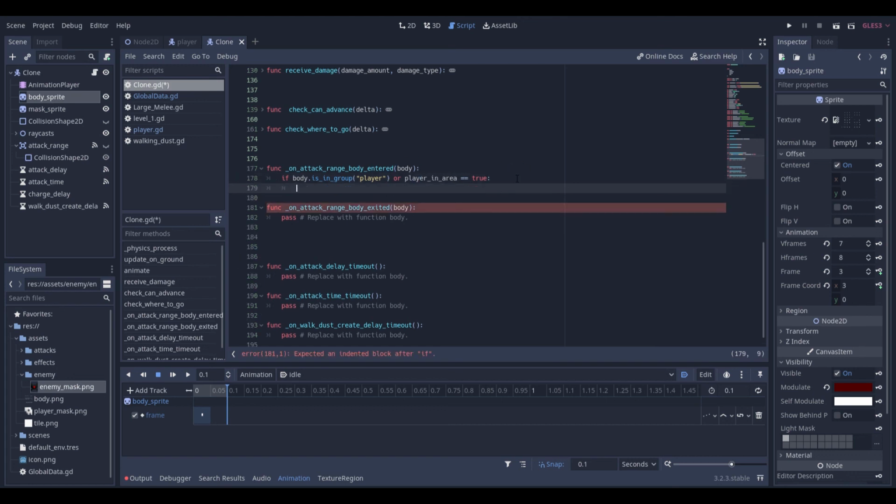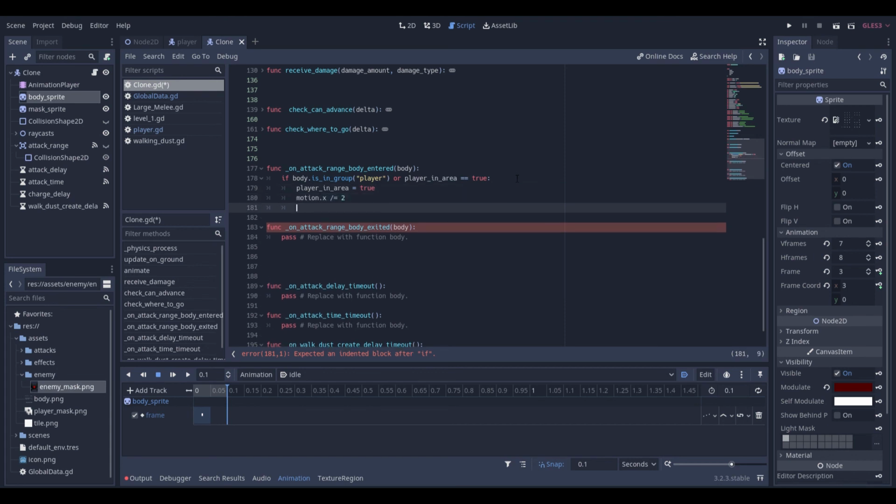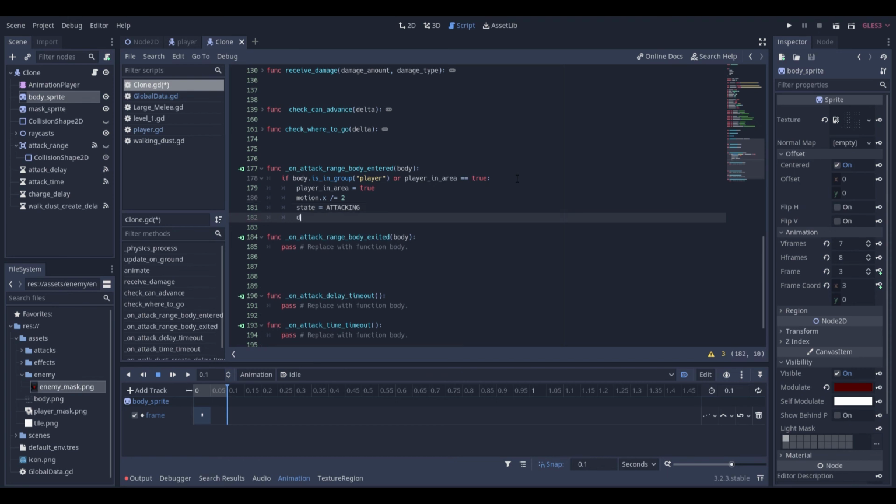So then player in area is equal to true. Motion.x gets divided by 2, and state is equal to attacking. Attack delay dot start,